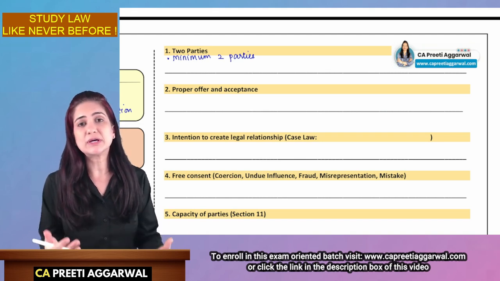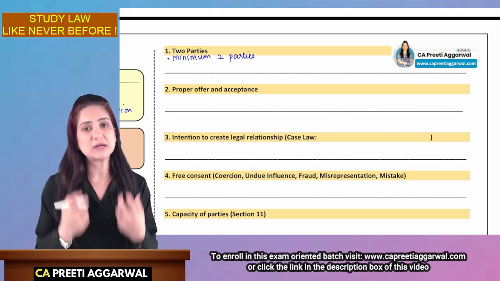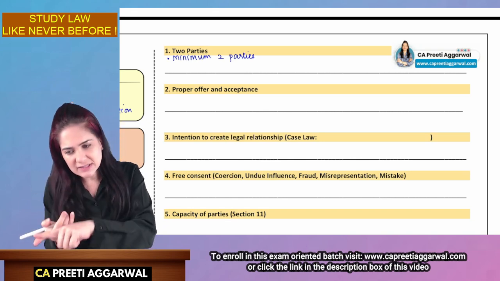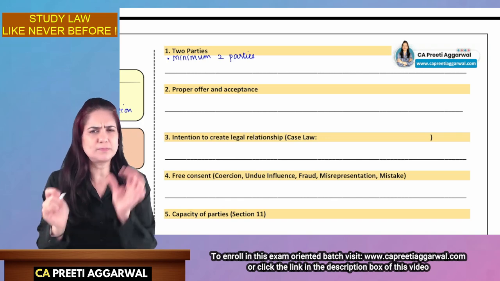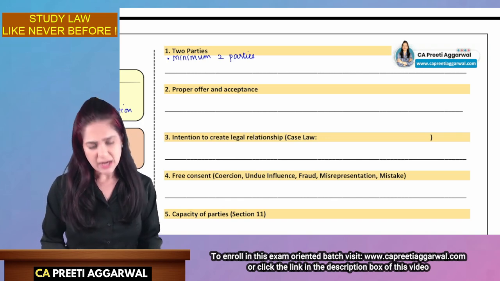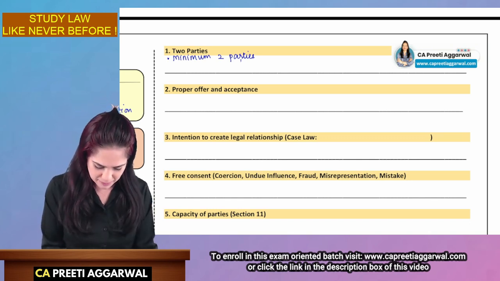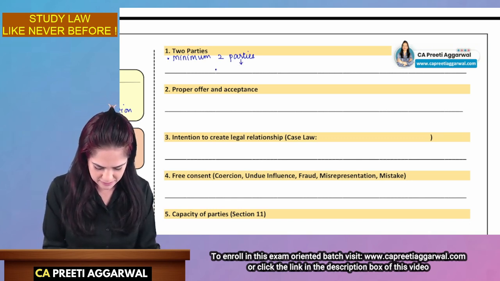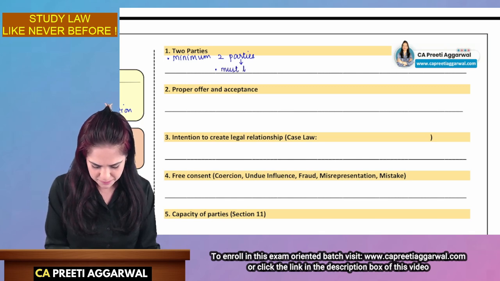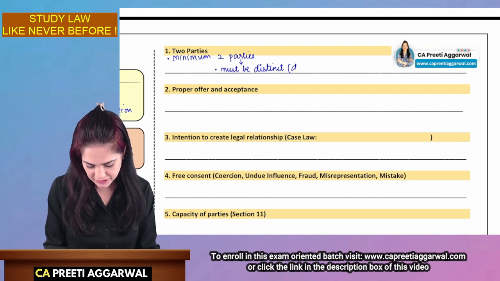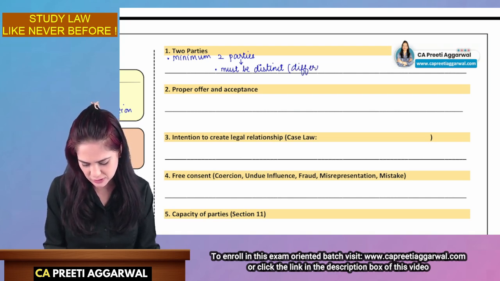Many times students find it very difficult to learn. So I'll teach you how you can learn these sentences. Connect the next sentence with the previous sentence. You pick up one word, like for example, I know that we need minimum two parties. What will we write next? These parties must be distinct. Distinct means different, as you cannot enter into contract with yourself.